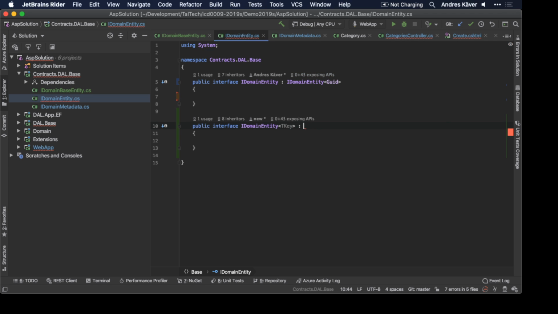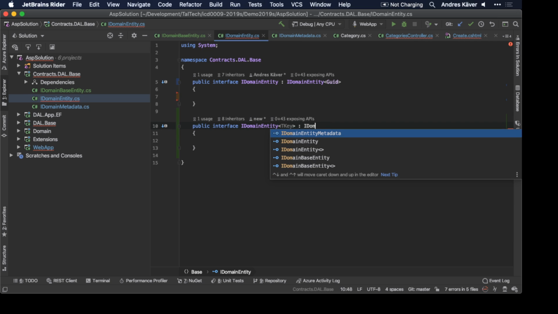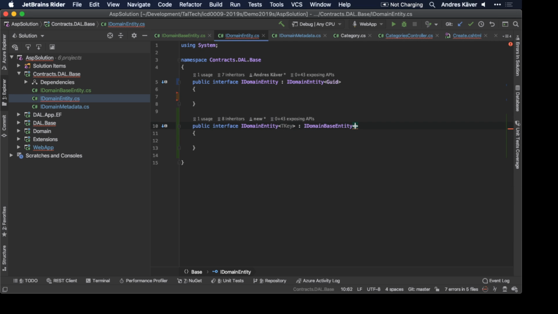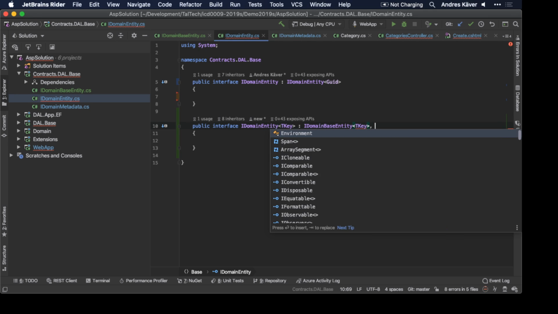So this one has to implement our iDomain base entity with the same key, and